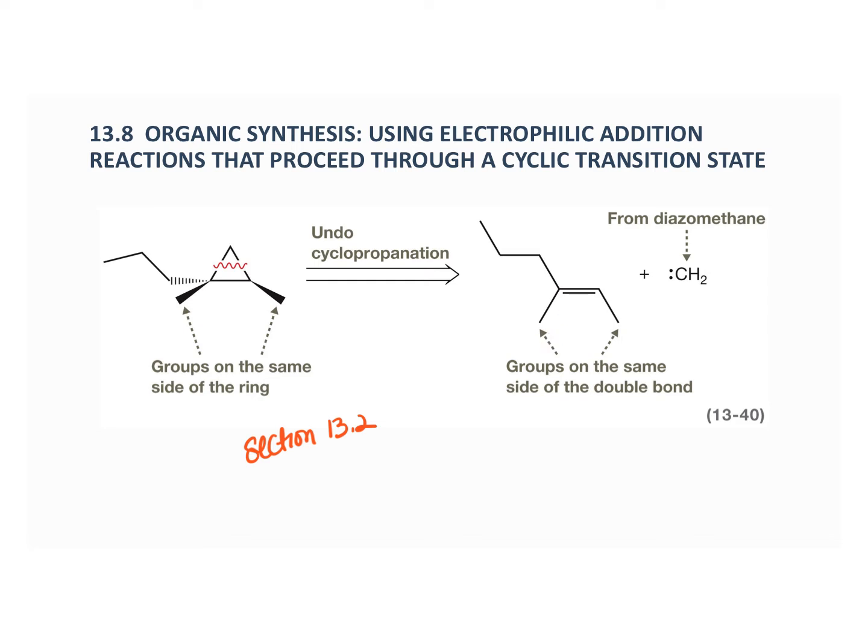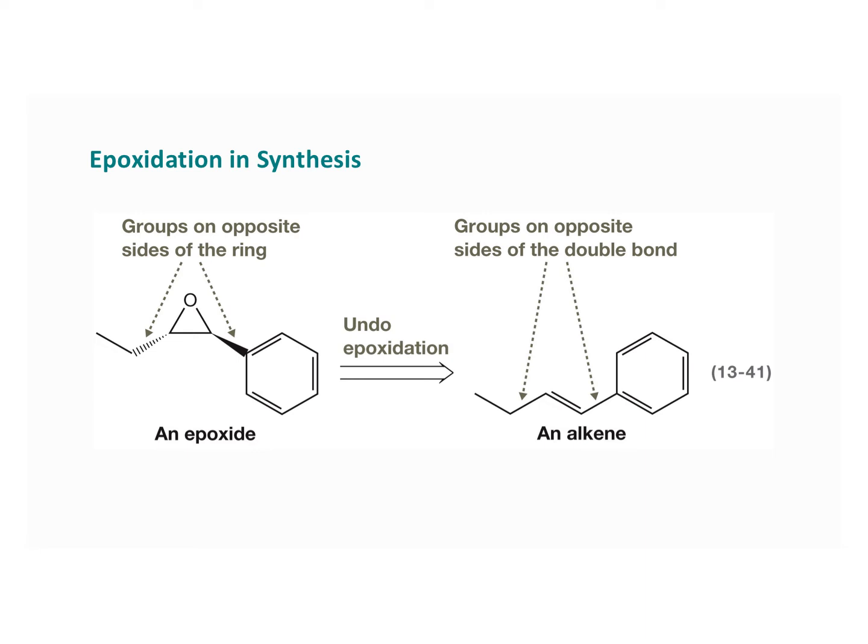And so I want you to notice the stereochemistry, that if they're on the same side here, the stereochemistry is conserved and it's on the same side here, okay? And so we would want to start with something that was cis to also end up with those groups on the same side, okay? Now, in section 13.3, we learned that peroxy acids like MCPBA will epoxidize an alkene, conserving